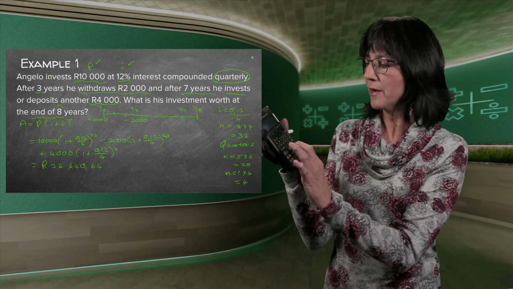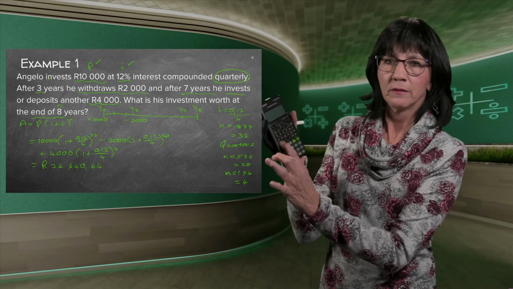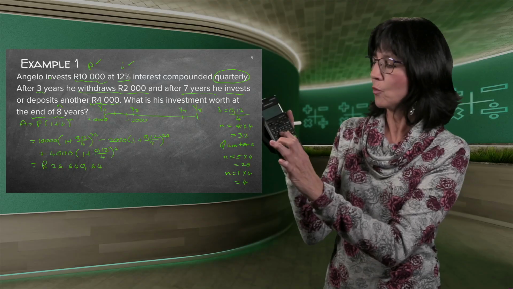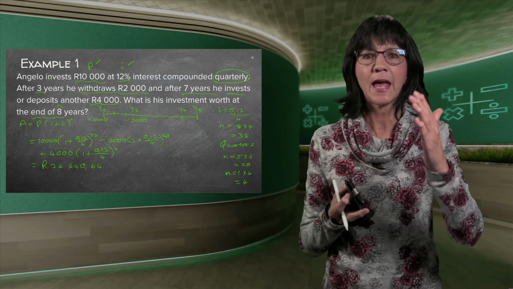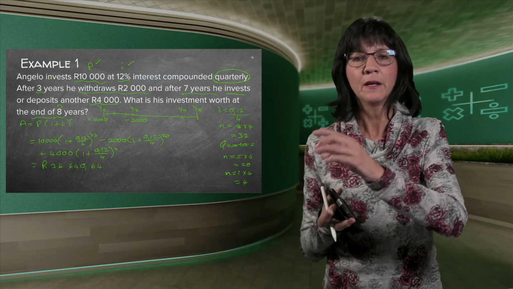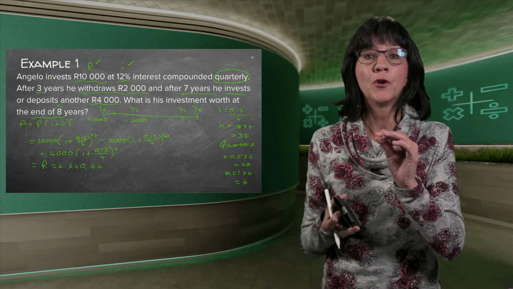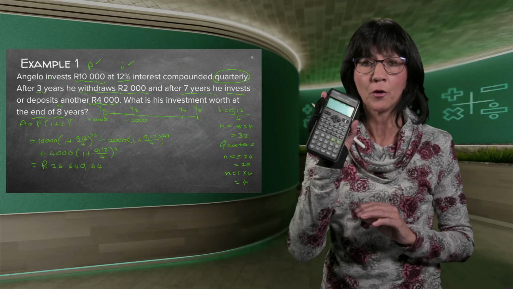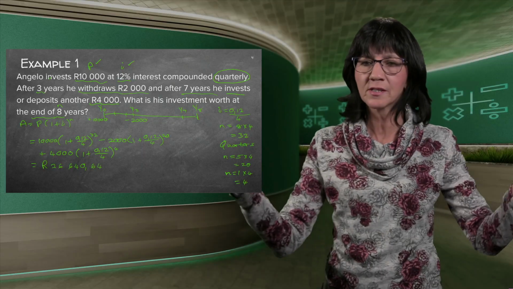If you want to store another one, you say store, so it's Shift RCL, and then you store it into B. And if you then say A minus B plus C, it will then give you all the answers not rounded off, and then you get to the correct answer. Because you see, that's a lot more work. So I prefer that you do the whole sum in one.